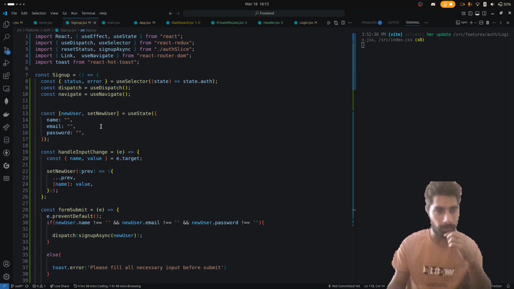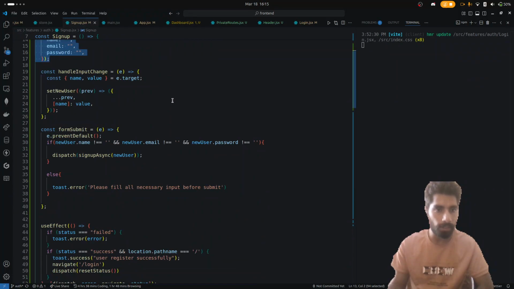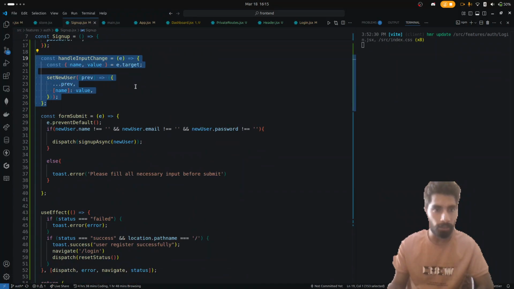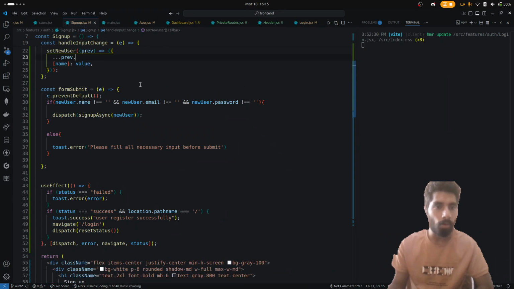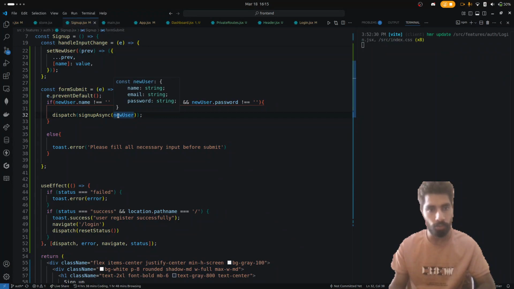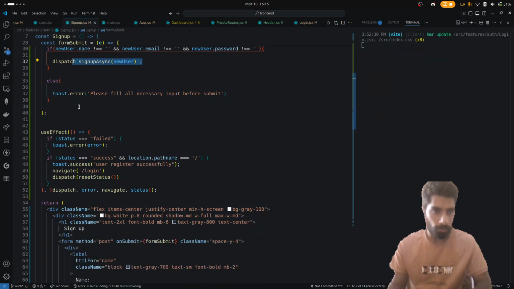This is my sign up page, and it has the new user with their details, and this is the input change handle function I made. On form submit, when the submit button is clicked, it dispatches the function with the new user details, and if we get the response correctly, it will